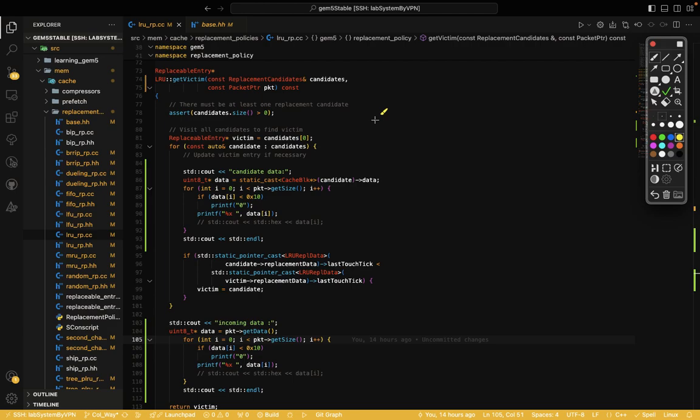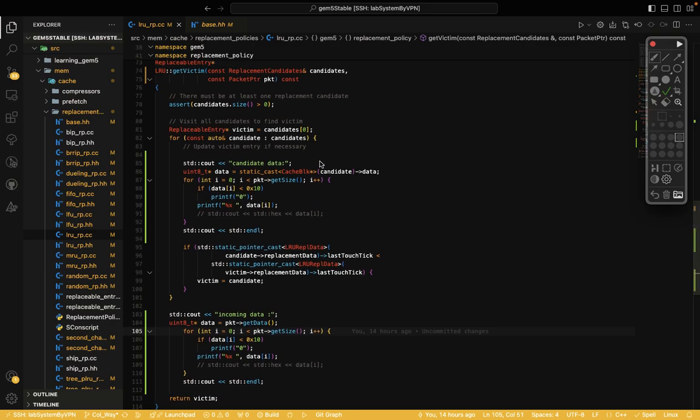We need to write a function to return the data of the packet.